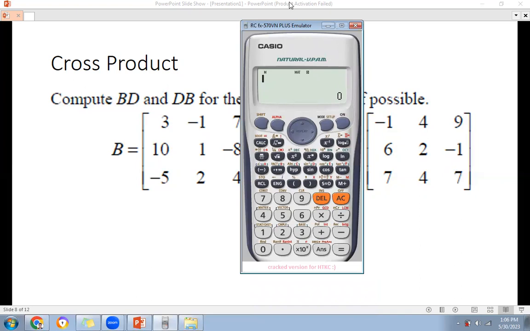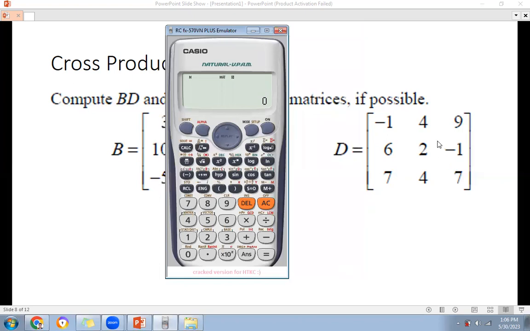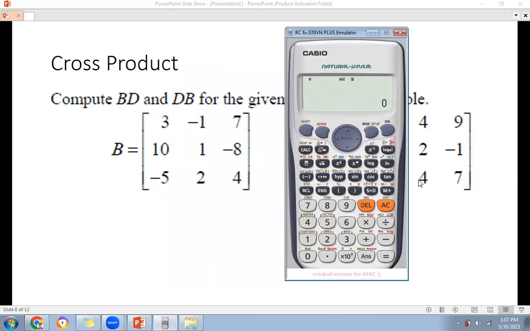rows for matrix B, and the number of columns for matrix D will define the new dimension. So in this case, they're the same, 3. We have 3 columns for D and 3 rows for B. So that's also 3 by 3. Okay, for example,